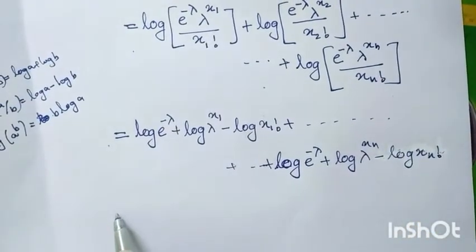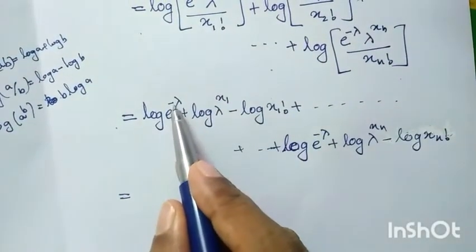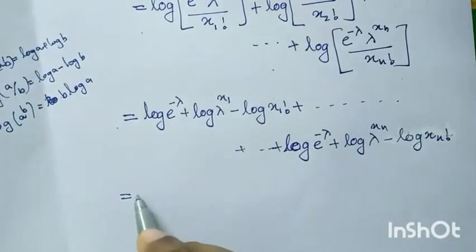Okay, which is equal to, we can write this as minus lambda log e